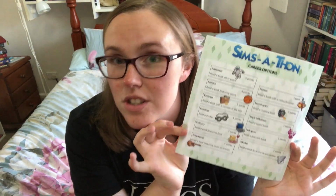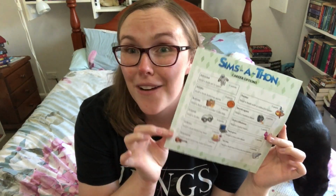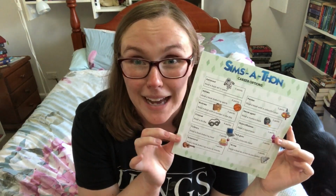So the very first live mode challenge is to get a job. And this is what this other sheet is for, because these are our career options. So these are all the careers available in base game. I do recommend that if you're doing live mode challenges, you get a career, like get a job, because it's very hard to do anything on The Sims without some cash. So we need a job to make money. So all of the base game